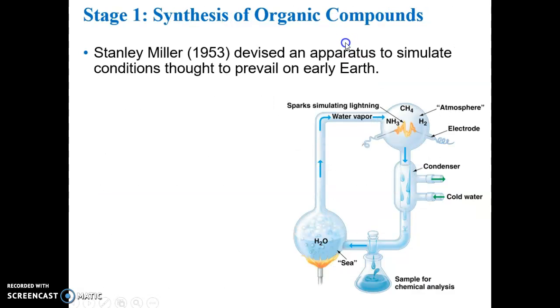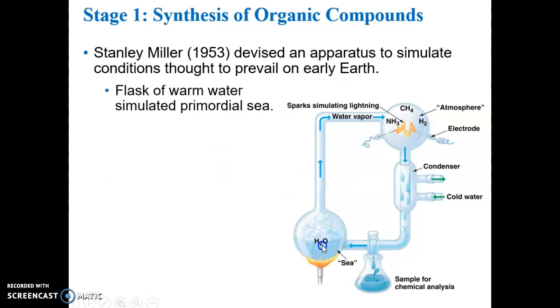So there's a well-known experiment back in '53 by Miller and Urey, but Stanley Miller is what your textbook mentions, devised an interesting, fairly simple apparatus that was designed to mimic the early conditions on Earth and to see what would happen potentially under these early Earth conditions. So there was a flask set up, container set up with warm water. Heat was applied to heat up the water, and that was mimicking the early warm primordial seas, causing water vapor,